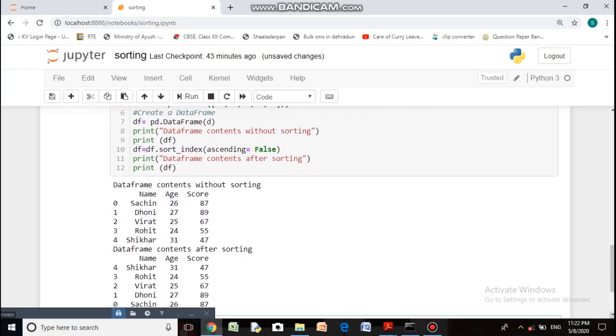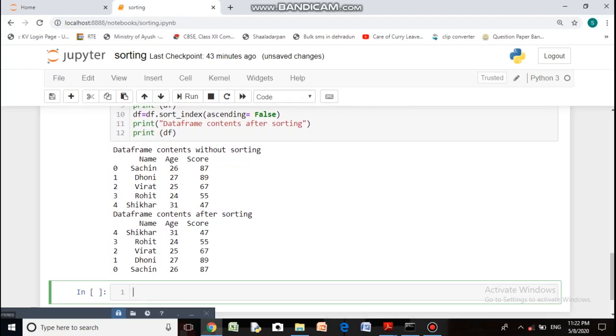So you see here, in the actual data frame, the data is arranged in the order of index 0, 1, 2, 3, 4. All right, but we have sorted it on the basis of index. So now it is arranged 4, 3, 2, 1, 0. So here we are doing sorting on the basis of index.